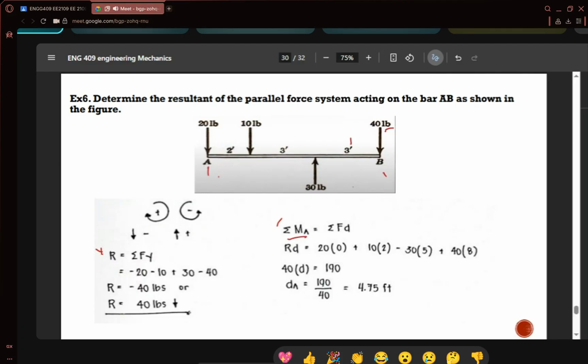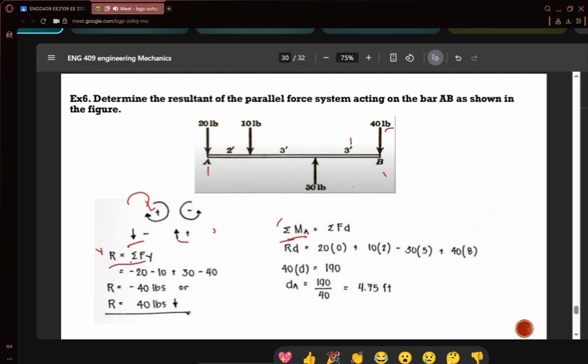Also, we will still follow the sign convention. Downward forces, negative. Upward forces, positive. Now, for the moments, once again, moments give the tendency to what? To rotate. So we will also have a sign convention. For clockwise rotation like this, we will denote that as positive. And for moments or forces that will incite a counterclockwise movement, we'll give that a negative sign. Okay? So I hope you're still familiar with that from your physics. So let's do this first.